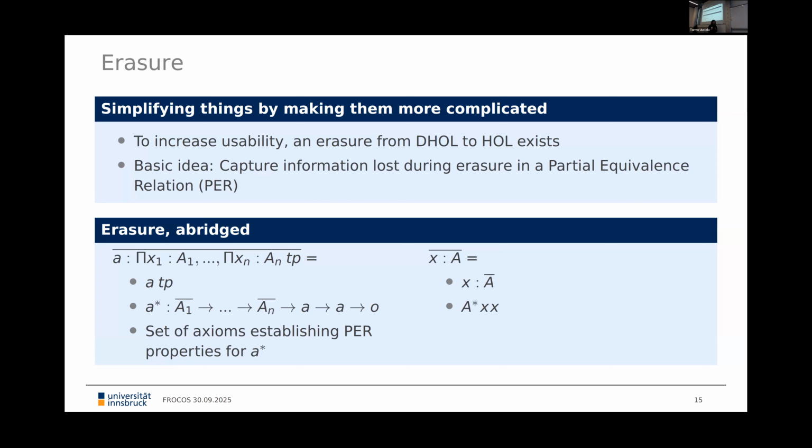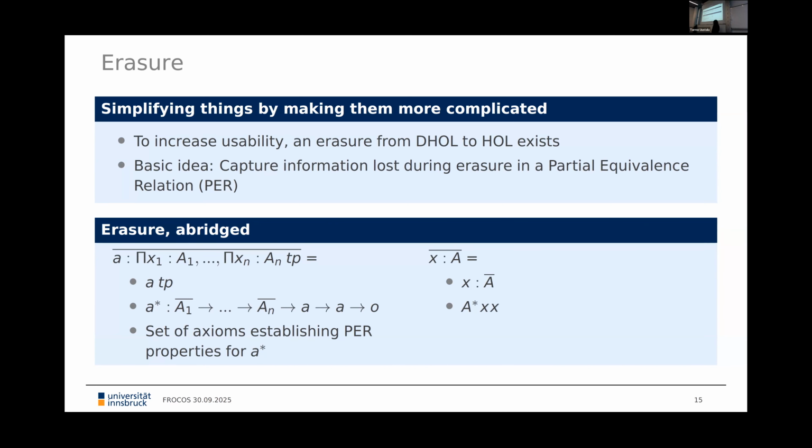And this is important because otherwise you wouldn't be able to relate functions to each other with the partial equivalence relation. And so basically the idea of A star is that a term A belongs to the original dependent type if this predicate, which takes the arguments of the dependent type into account, holds. We can see this here when we erase the term of some type, we get the statement A star X X in our context, telling us okay, X is originally of this dependent type A.